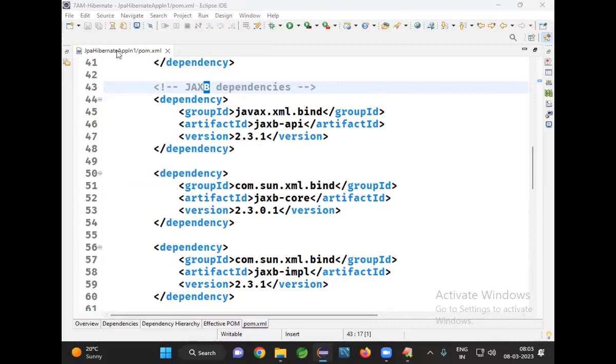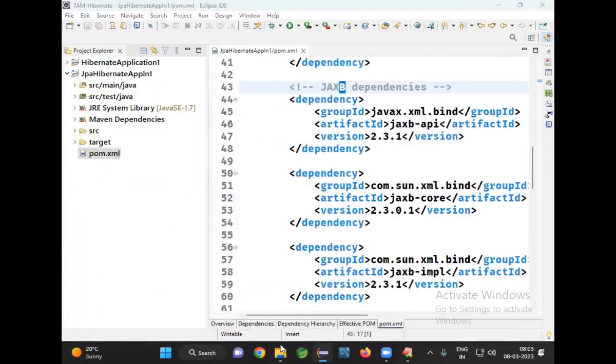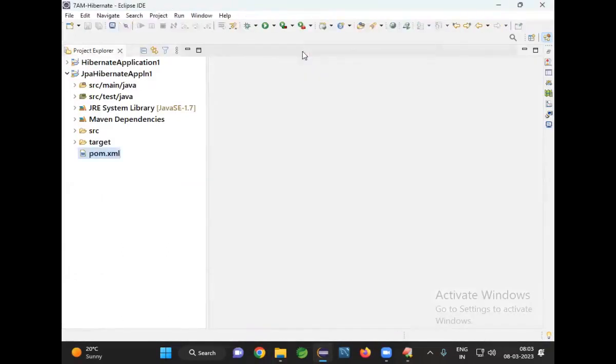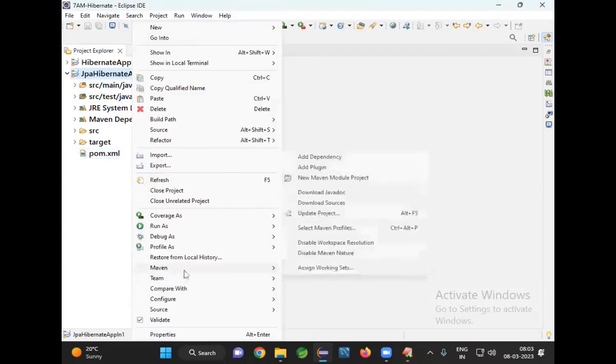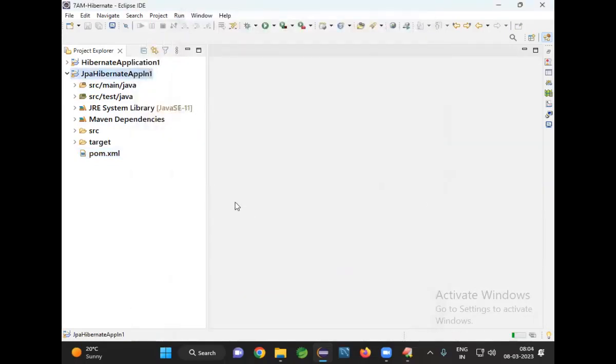Okay. We are done with this. The dependencies are over. Right click and update the Maven project. Maven, update project. Now whenever I update the project, you can see the version change to 11. What is the next step I have to do? I also need to